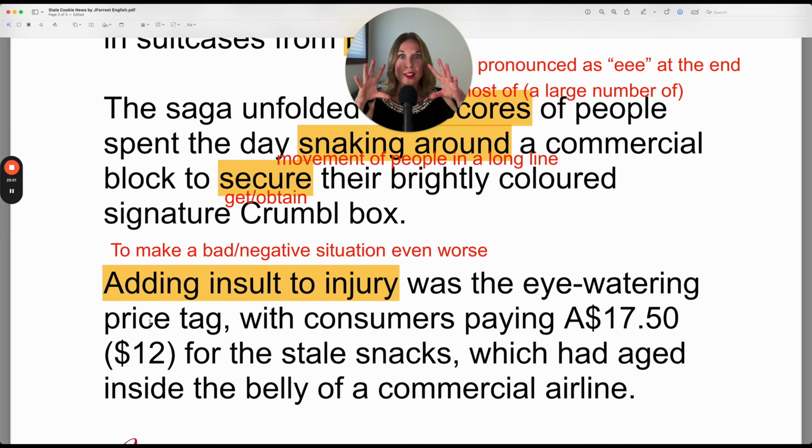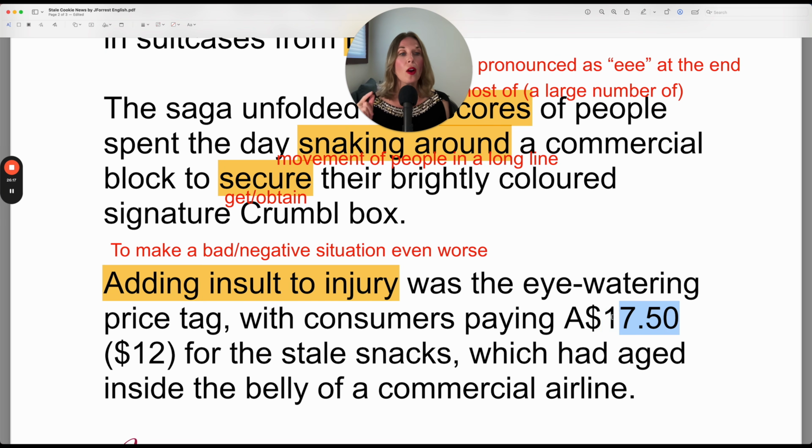So when you see the price of this cookie, your eyes literally water because you can't believe it. Maybe there's some outrage, some anger and shock. Remember, outrage. So the eye-watering price tag, it literally makes you cry. That would be eye-watering. Was the eye-watering price tag with consumers paying